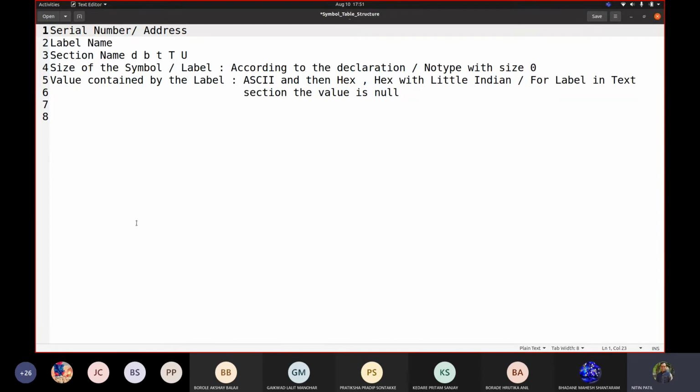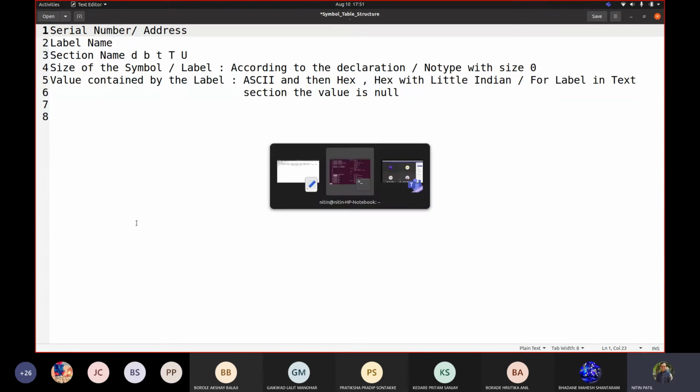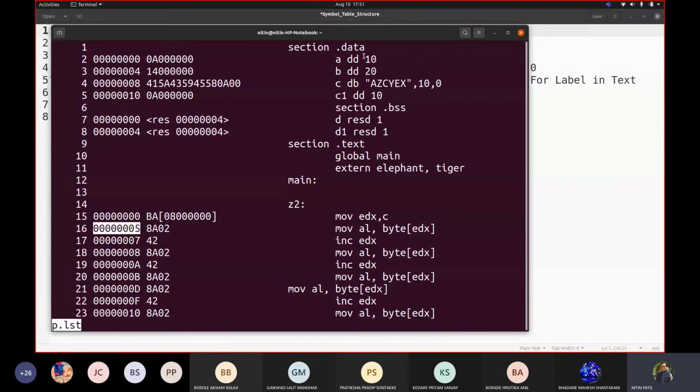Along with this, if the value is a double value defined with DD, then this value needs to be translated or written into 4 bytes, a 32-bit representation, grouped into nibbles. Nibble means 4 bits.